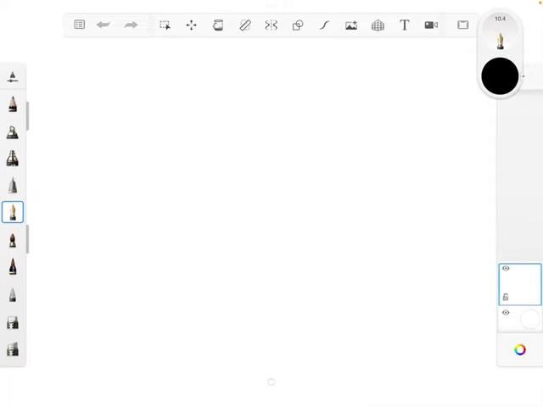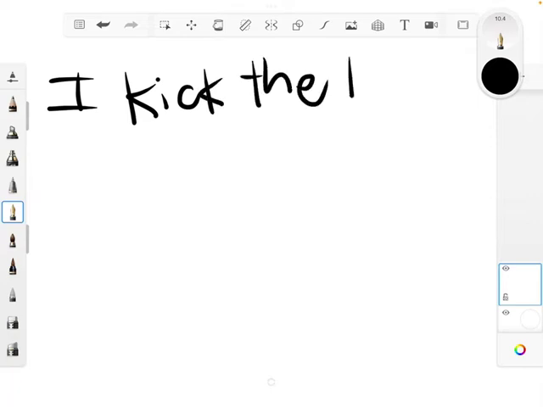So a direct object noun will receive the action of the verb directly and generally follows the verb, okay? The example that I often use is: I kick the ball. Now, I think I said earlier in the semester, in the course, that whenever we look for the